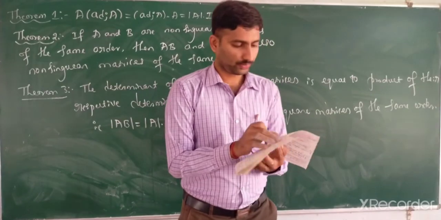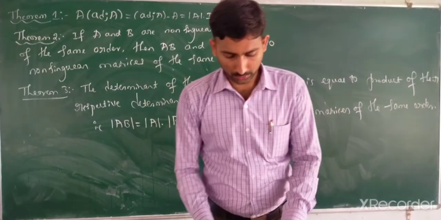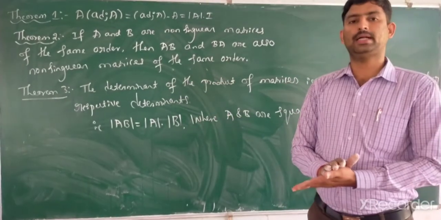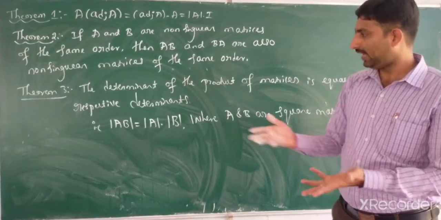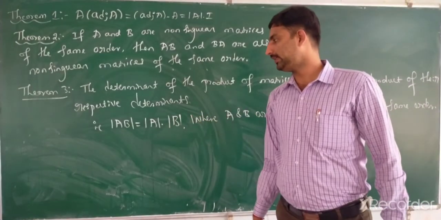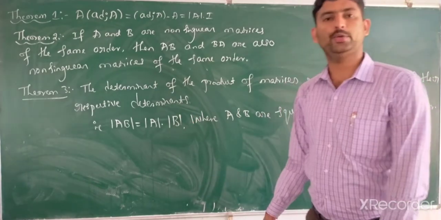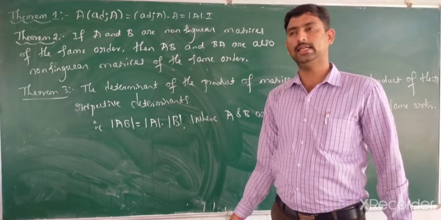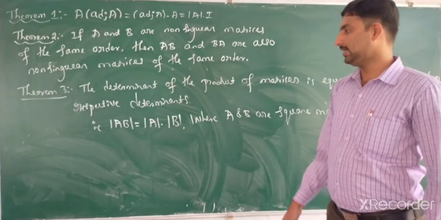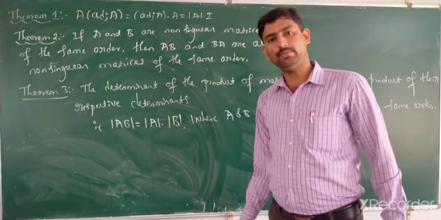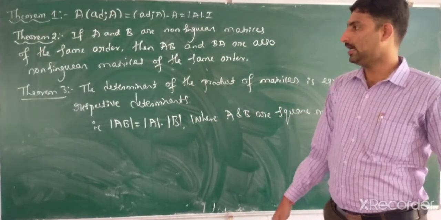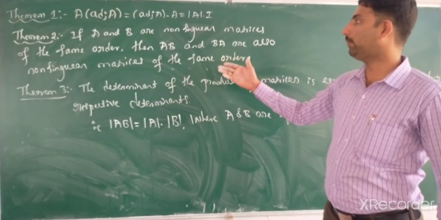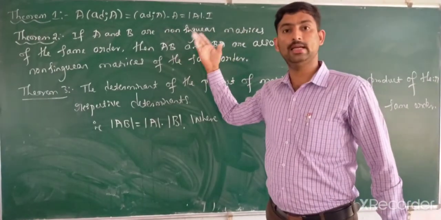These are the two theorems. The only statement you have is in your syllabus, but proof is not so necessary. But we can prove with the help of one of the properties, that is determinant of AB is equal to determinant of A into determinant of B. But actual properties of determinants got deleted in this year's syllabus. That's why we can prove with the help of some square matrices. And theorem number 2 is very important. The statement is very important, and this theorem defends many problems.